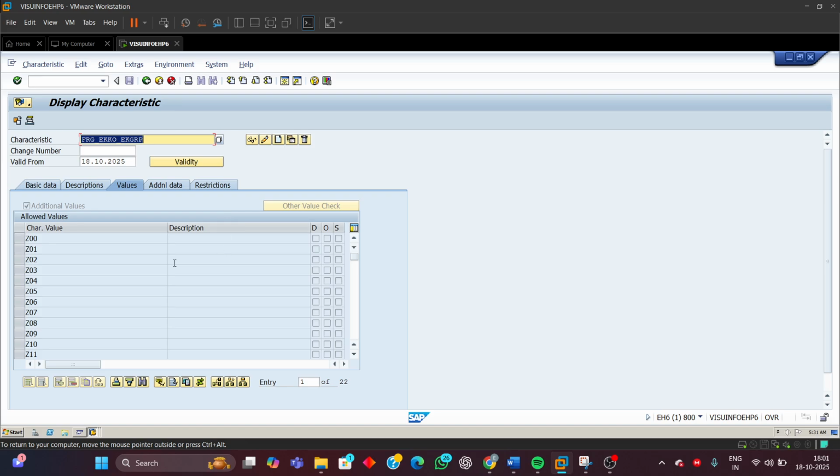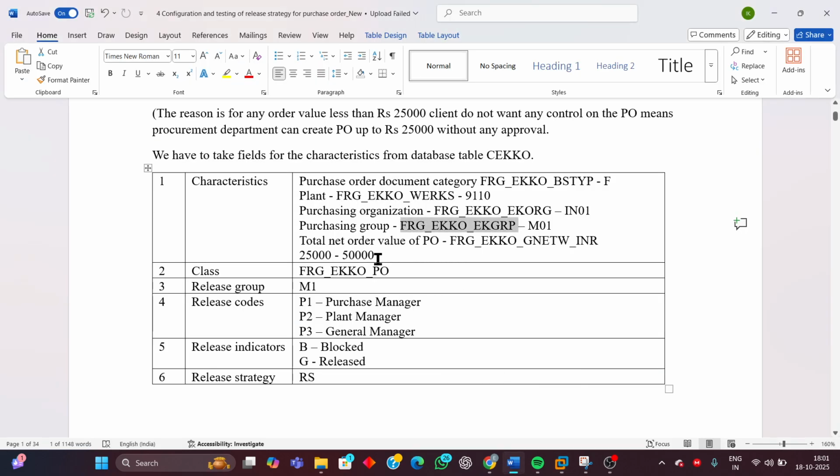And in the values here, I have updated so many purchasing groups because I need them for some other business requirement. So this is also done. And the last characteristic is for the total net order value of the purchase order. I had given this characteristic name as FRG_EKKO_GNETW